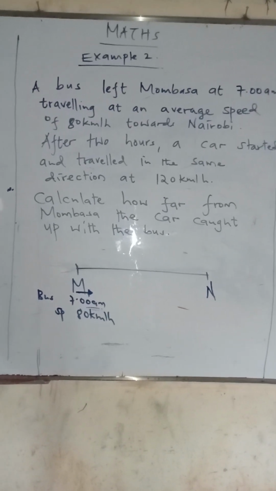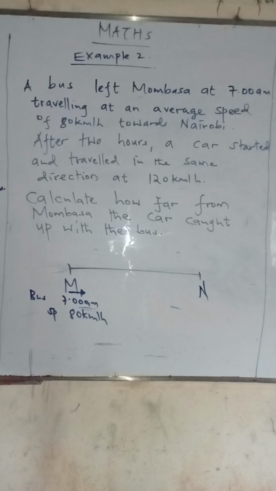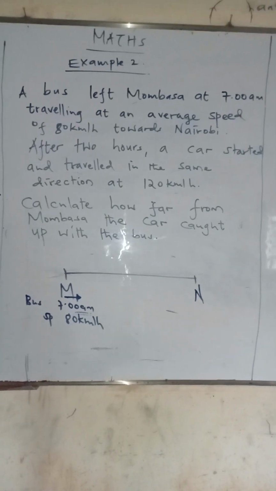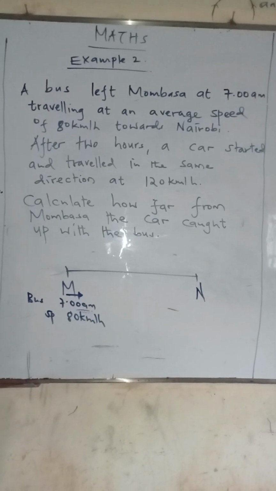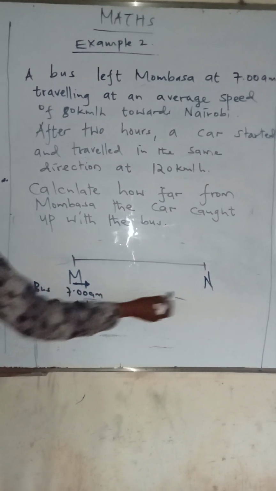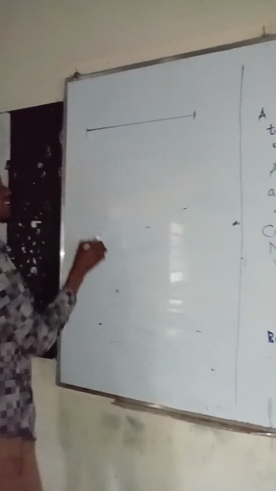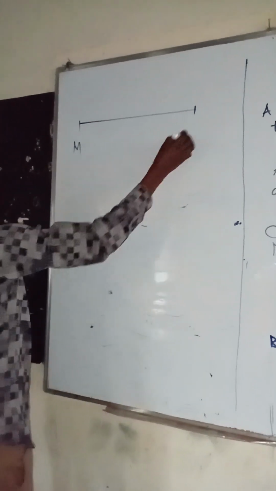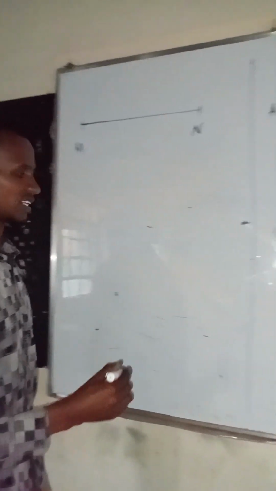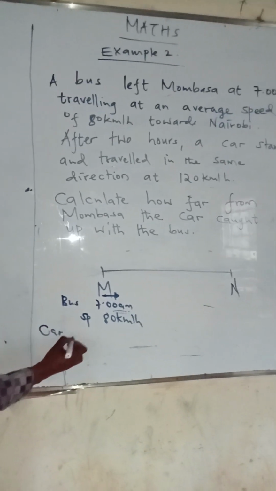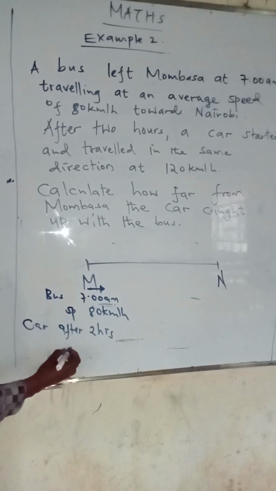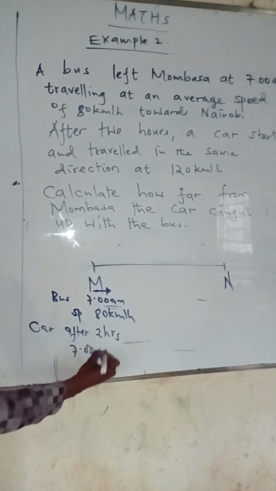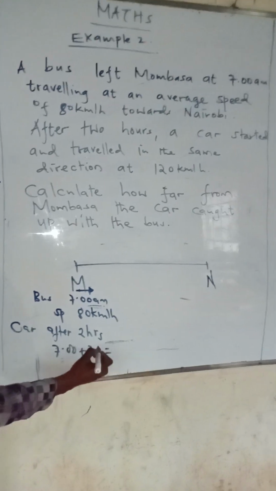Then after 2 hours, the car started the journey moving along the same road, in the same direction from Mombasa to Nairobi. So these are vehicles moving in the same direction. This is Mombasa and this is Nairobi. The car is starting after 2 hours, which means the car is starting at 7:00 plus 2 hours, which will give us